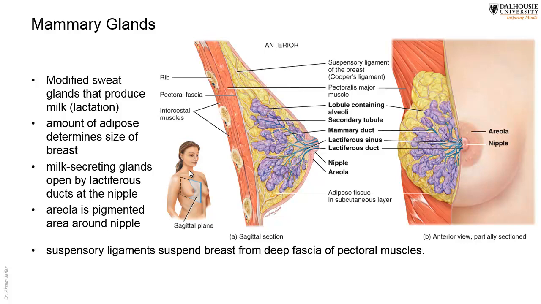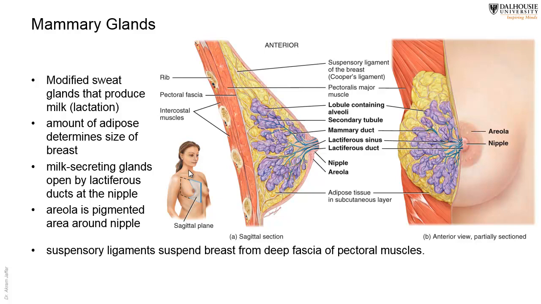Now, regarding the mammary glands, we have the mammary glands, or the breast. They are present in the skin. So they are in fact modified sweat glands, and they are present in the skin. As you can see here, the tissue under the breast is of two types. It's mainly